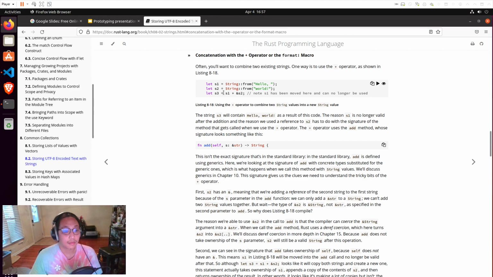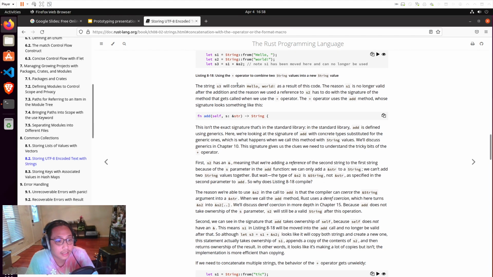Often you'll want to combine two existing strings. One way to do that is with the plus operator, as shown below. The String s3 will contain hello world. The reason s1 is no longer valid after the addition, and the reason we use a reference to s2, has to do with the signature of the method